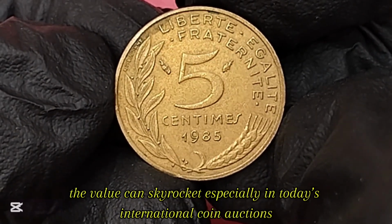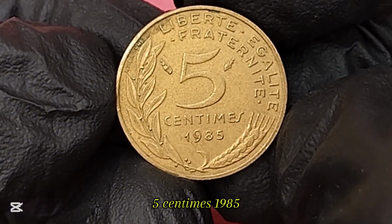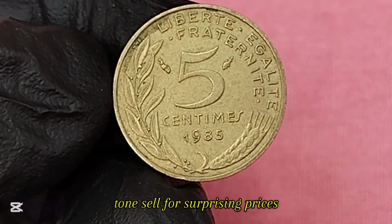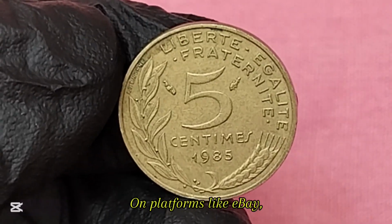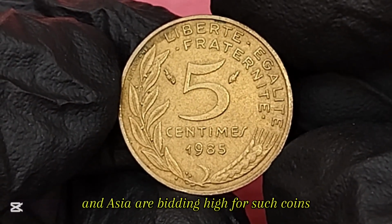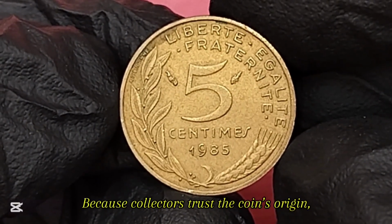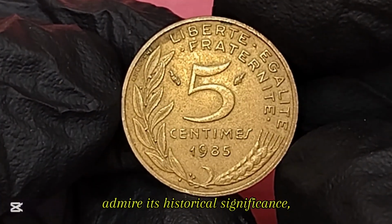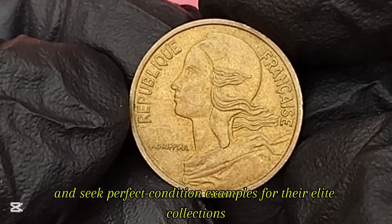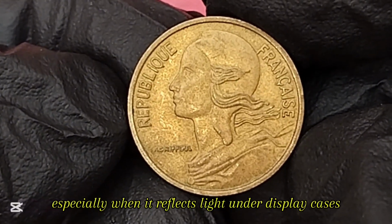today's international coin auctions. Recent auctions have seen the France 5 centimes 1985 in excellent condition, and especially those with a golden tone, sell for surprising prices on platforms like eBay, Heritage Auctions, and Catawiki. Collectors from Europe, the US, and Asia are bidding high for such coins. Why such high values? Because collectors trust the coin's origin, admire its historical significance, and seek perfect condition examples for their elite collections. The golden shade gives this coin a unique and eye-catching appeal, especially when it reflects light under